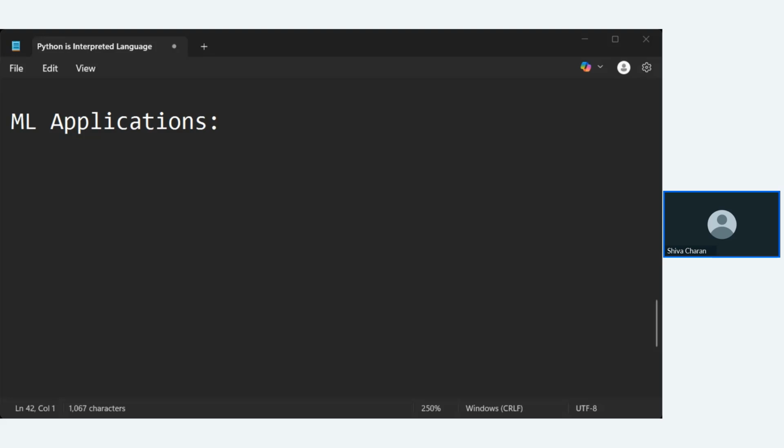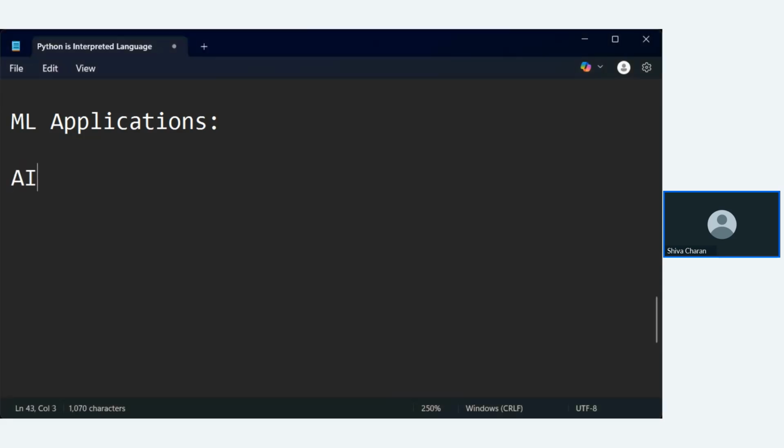Okay, as for the AI agents topic, we got it right. Let me just show you this. In the whole bubble we have AI. AI is a whole bubble, and I think you people have seen this kind of image, right? So in the whole AI bubble we have machine learning, and inside machine learning we have this